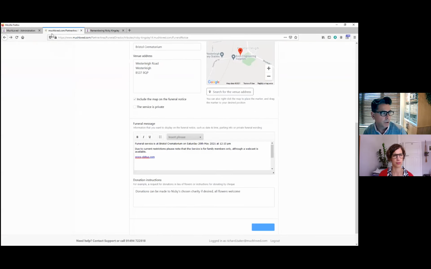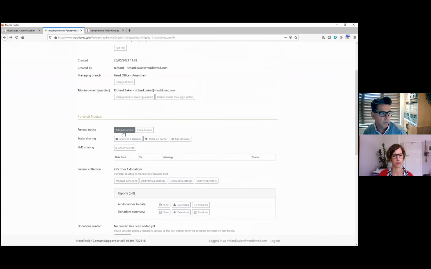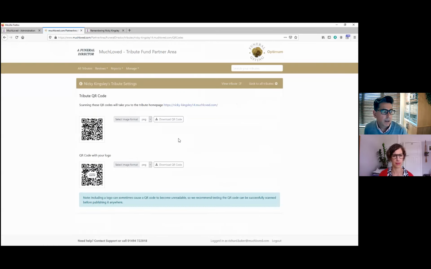Some funeral information. Let's just get back to funeral notices. I have talked about it before. If you've all got your mobile phones handy, I'll just demonstrate how easy it is to generate a QR code. Now, these are being added to the back of the order of service. They're being forwarded to the family, just so it gives you direct access either to your website or directly to the tribute page itself. Simply click get the QR code, and if you've got your phones handy, you can hold those up to that code. The one little caveat, I think I mentioned it before, is if you have your logo in it, it might not read perfectly from this option here, but it should all work here.